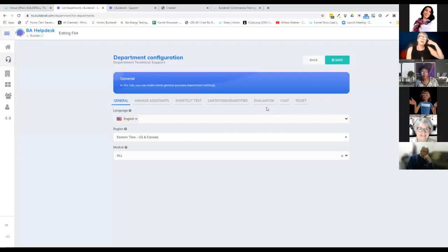Let me try to remember where it is that you put that in. It's new to me too. But yes, let's go through this real quick, because there is a place where, when you're configuring the chat or the bot itself, the way the help desk works, you can put in beginning questions, required questions,